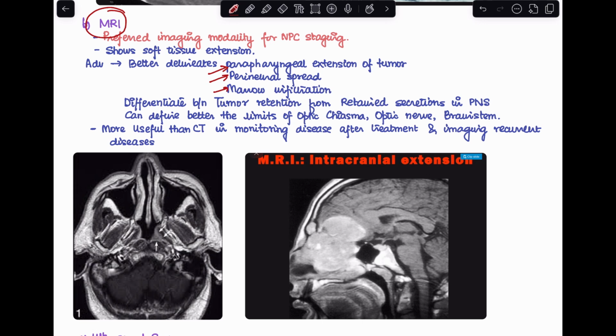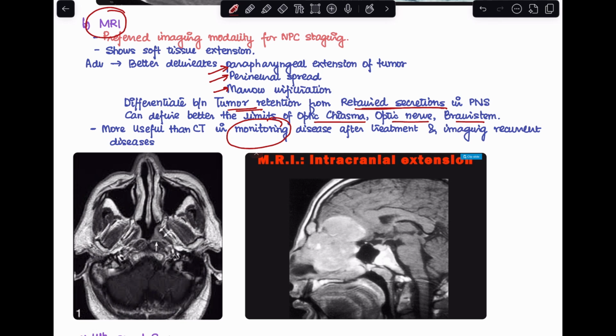and marrow infiltration. And not only that, MRI will also help you in differentiating whether it is a tumor versus any retained secretions in the sinuses. It will also help us in defining the limits of optic chiasma, optic nerve, brainstem. So MRI has multiple roles over here because all of these soft tissues get involved as the disease progresses further. So MRI will help us in delineating that, and it is also better than CT in monitoring the disease